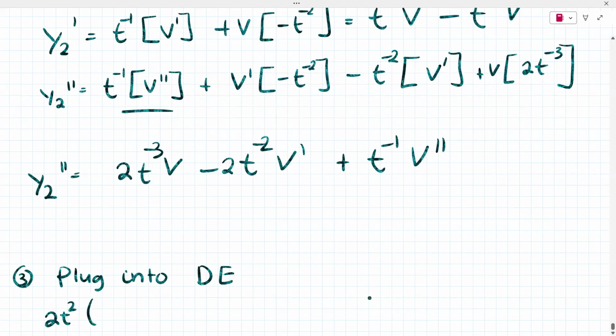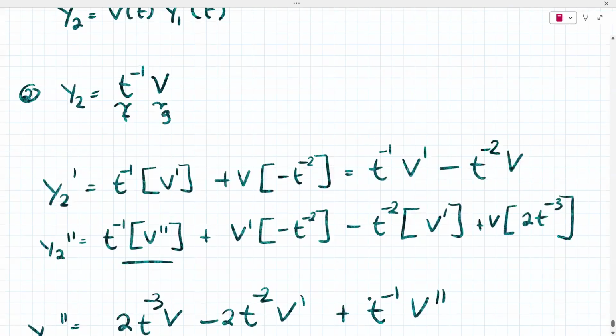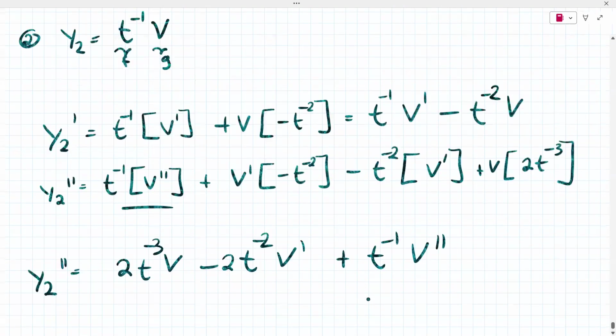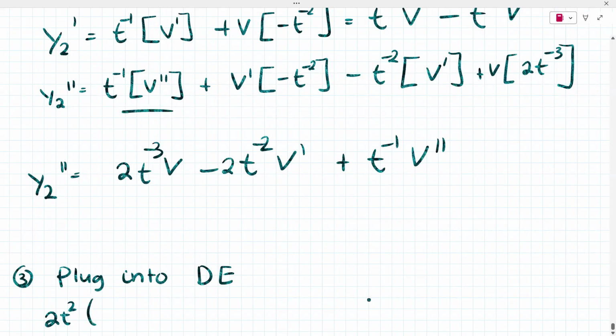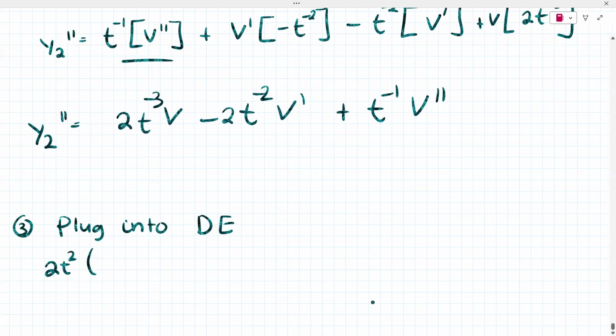That's what I'm doing. So t to the -1 is 2t squared. That was given. And then all I'm doing is replacing my v prime with this. It's going to be 2t squared,